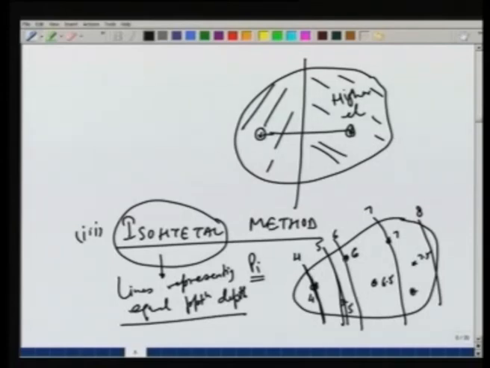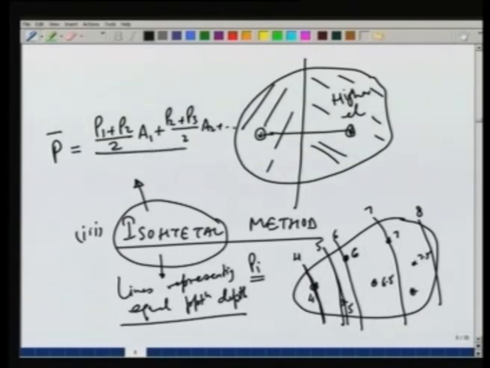And what we do is then we again assign a weight, but this time we use P bar as some average precipitation into the area, where P 1 and P 2 are the depth values or the isohyetal values at the two ends of the area. So, if we call this area as A 1,